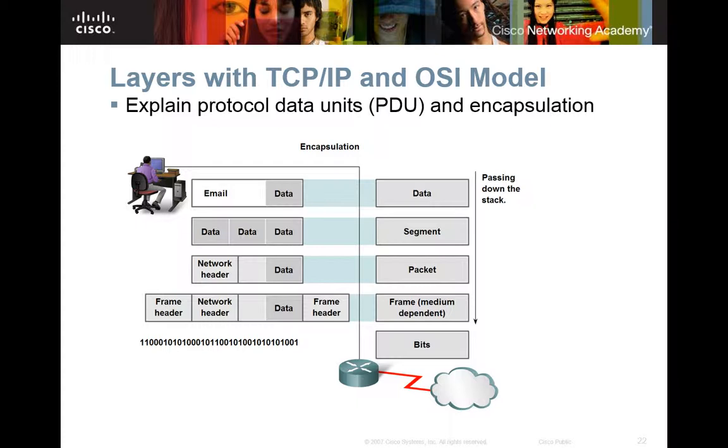And then the packet gets formed with that data and puts the network header on it with the IP address. The frame puts a frame header and a network header, and goes to the MAC address. And then that's converted into bits, and bits are what's sent out. But you wonder, when you look at a protocol analyzer, what do you see? Do you see bits or do you see hex? Isn't that strange?